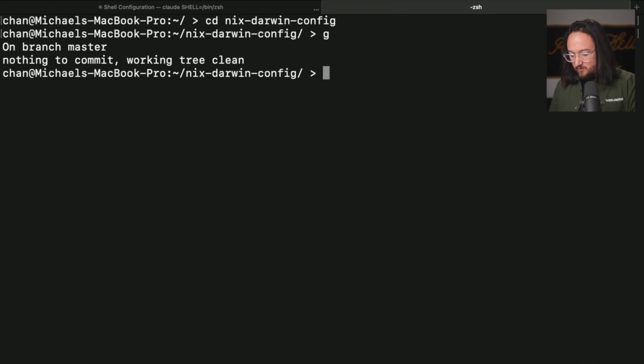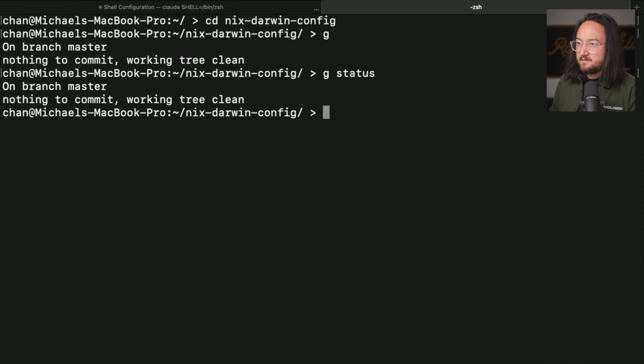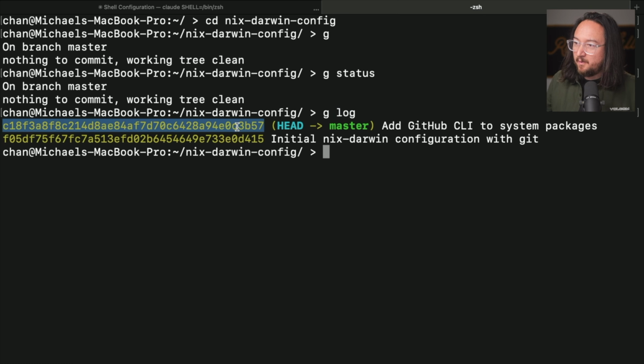g works great. g status, same command but deliberate. g log lets the command through. We get our pretty log as defined by our git config. Very nice. Okay, so today was just about getting Git set up for Claude, but I do want to ask